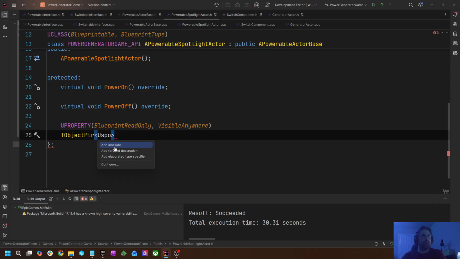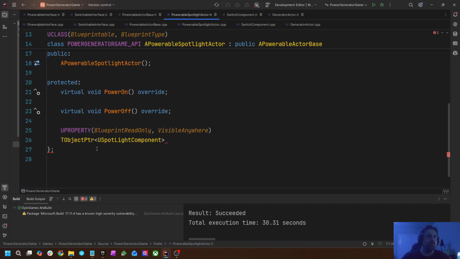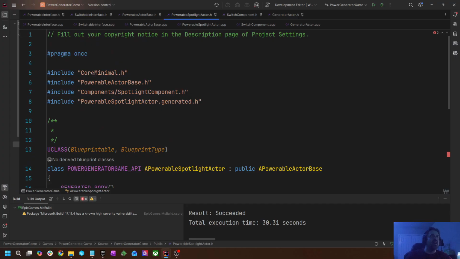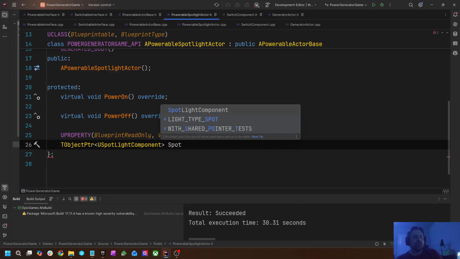U spotlight component. And then it asks you, if you start hitting enter, if you want to add the include, you do. That means that it now will have an include here automatically added in for include components, spotlight component. And this is one of those things that Rider is really good about, is automatically giving you the recommendations to add includes for things that you don't have, because that's not included in core minimal. Then you need to add it explicitly when you actually need it. And so then we're just going to name this value spotlight,